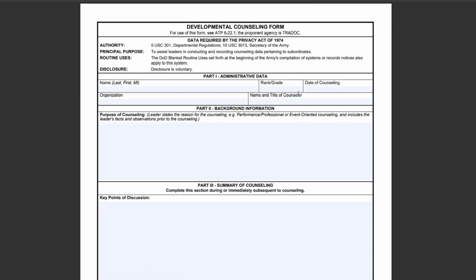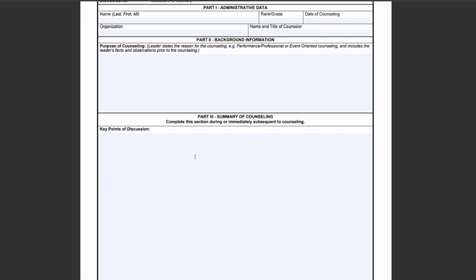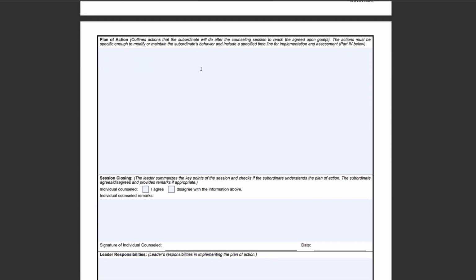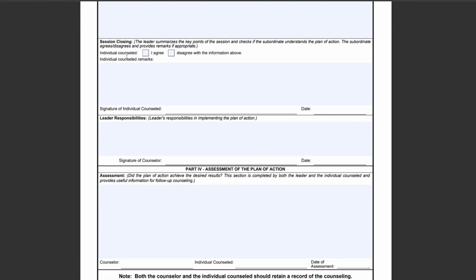Counseling is a chance for you to develop a soldier. That's it. So as you can see here, it's filled out on a DA 4856. Now on the top of this, you see the admin information. Fill that out. On the next block there, you're going to put in what kind of counseling this is and what it's about. Next, you see the body where you can put the entire context of that counseling. And then onto the back, you're going to see the plan of action section. Then you're going to see the signature blocks for the soldier and the leader, followed by a section at the very bottom, follow up.